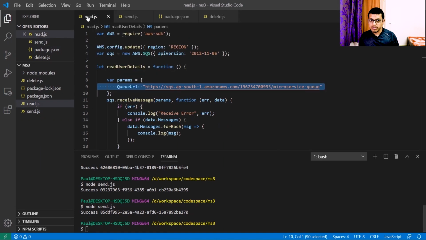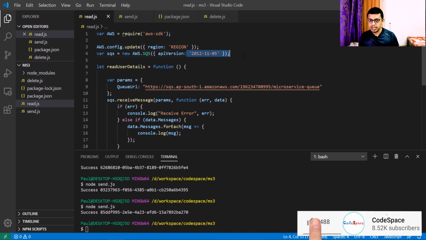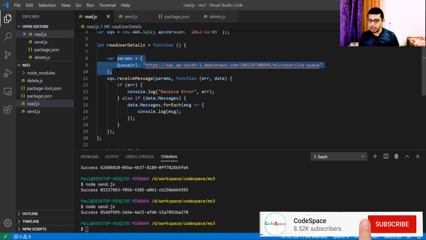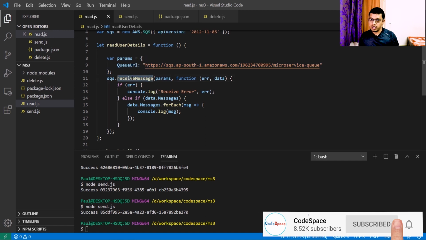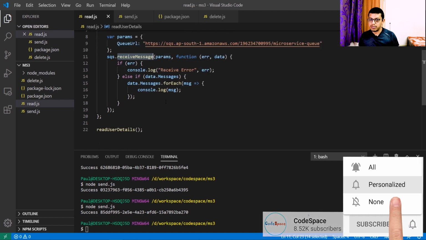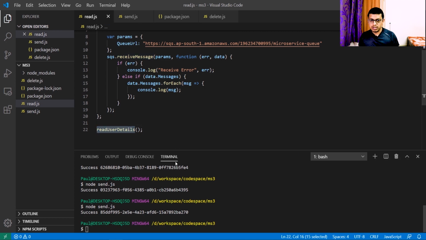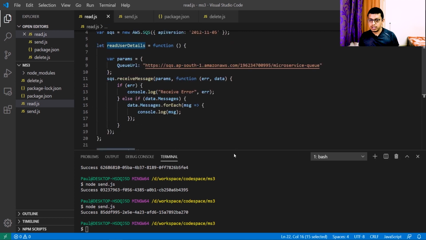So in order to fetch the message, similarly, we need to import AWS SDK, then our config and the version we are using. Then we have the params, so we need to define the queue URL, and we will receive the messages one after another. And I am using this function, read user details. Let me run it. Node